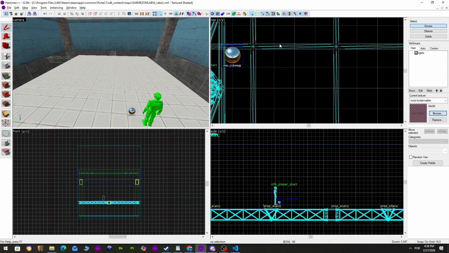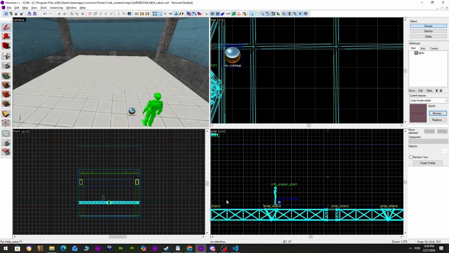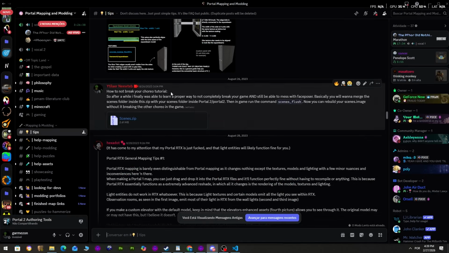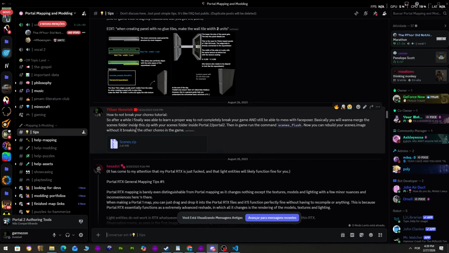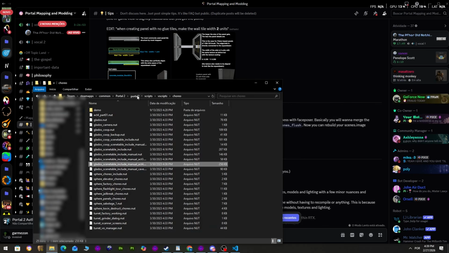Now, if you want, you don't need to do this. You may join the Portal Mapping Modding Discord server. Search my name there, scenes. And I have the zip folder containing all the scenes from all the VPK on all the different Portal 2 directories. But of course, if you don't trust me, then you can use VPK edit and go into Portal 2,